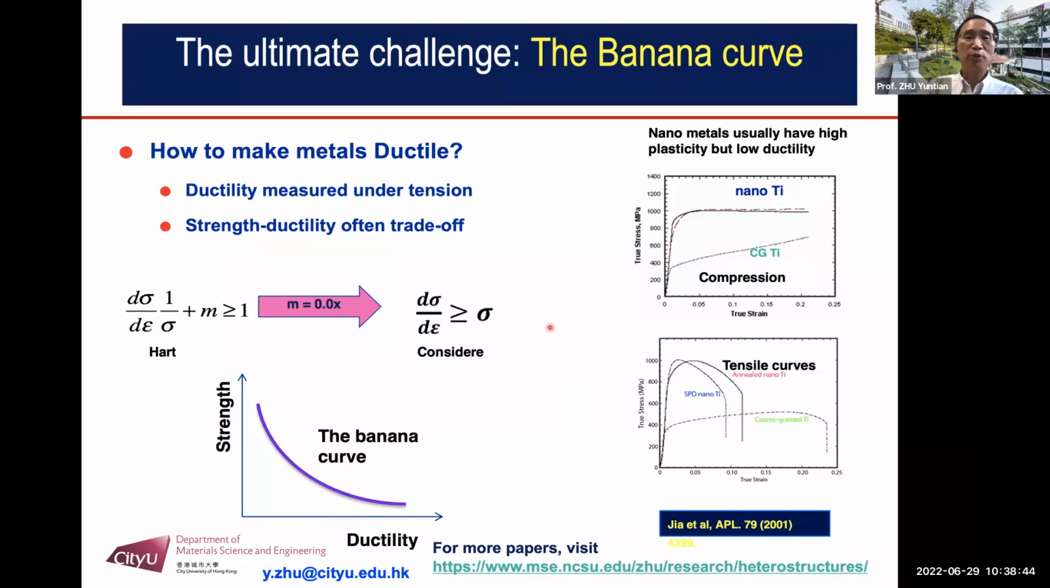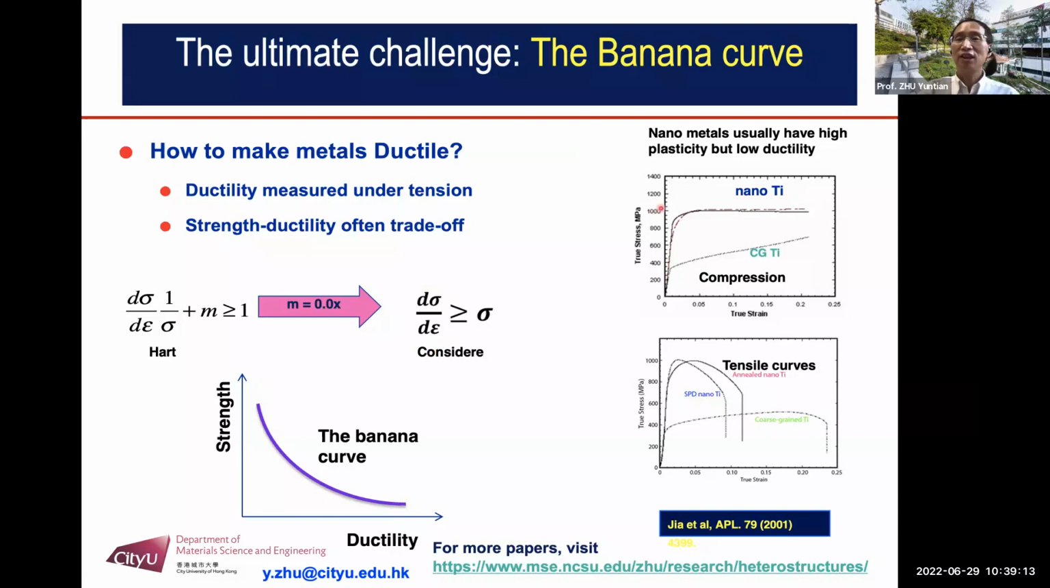This turned out to be the problem which caused this banana curve. One example is this. See, this is nanostructured titanium. Okay. So under compression, let's look at the compressive curve. Under compression, coarse-grained titanium, you see the stress continue to increase. You have a very good strain hardening,